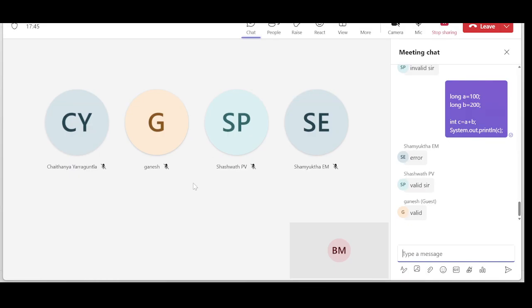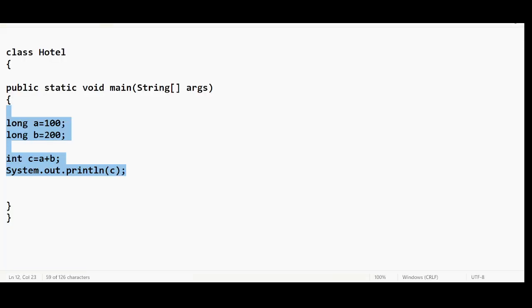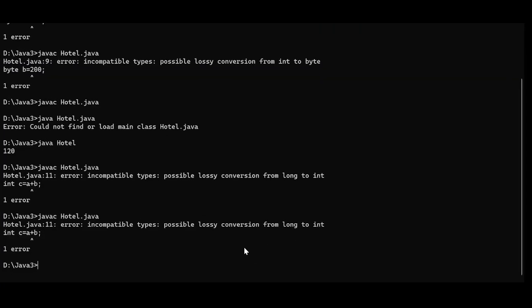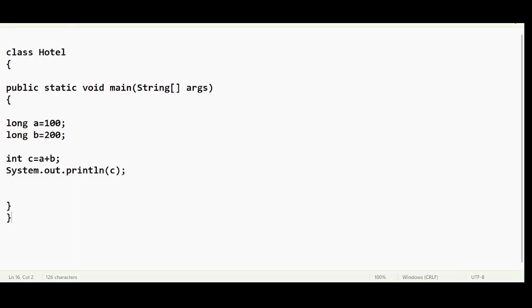Possible lossy conversion. I will tell you what. Yesterday I was telling you, right? This is a situation. A is holding the data type long. B is also holding data type long, right? But even though we are not specifying the data type as L, even with specification or without specification, when these values are getting evaluated